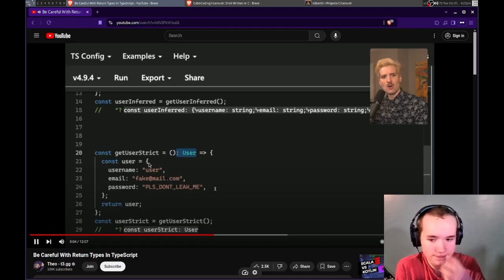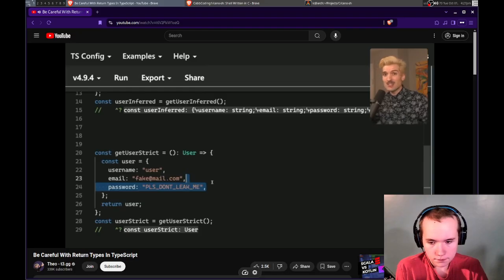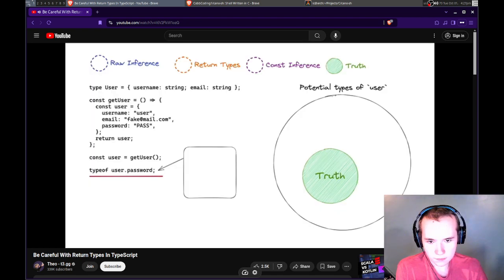By putting this type here, we have overridden the type such that password magically vanishes in TypeScript land, even though it's still there. That's a lie. This is an incorrect type definition. If we take a look at the diagram for this, it should highlight where the lies are happening. So we again have our black circle and the truth within it. The type of user.password, when we call user, is very different depending on which of these solutions we use to type it. The truth of what user.password is here is pass, because that is what